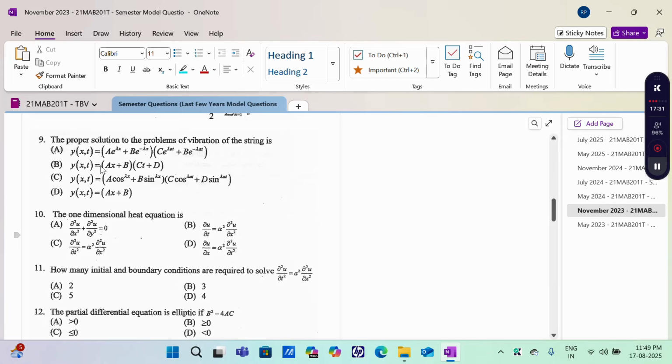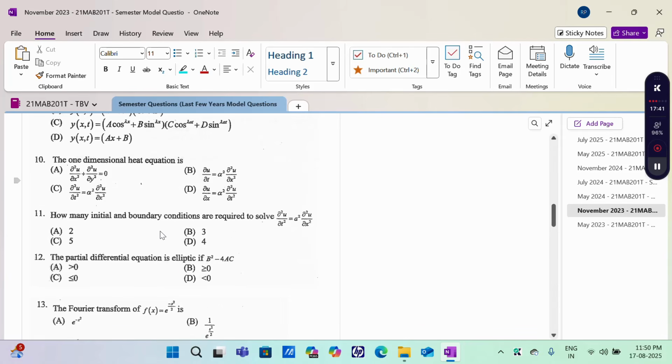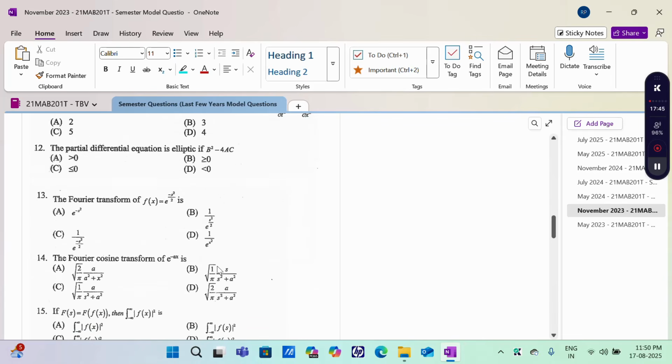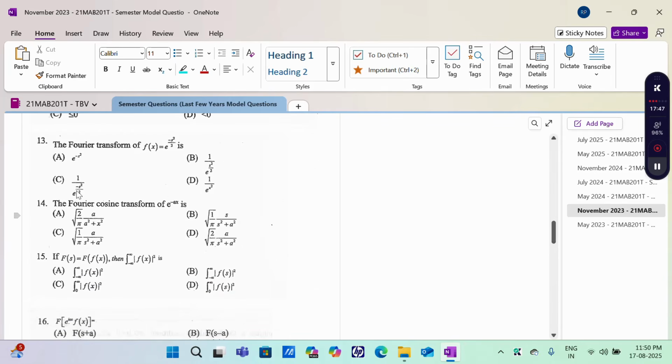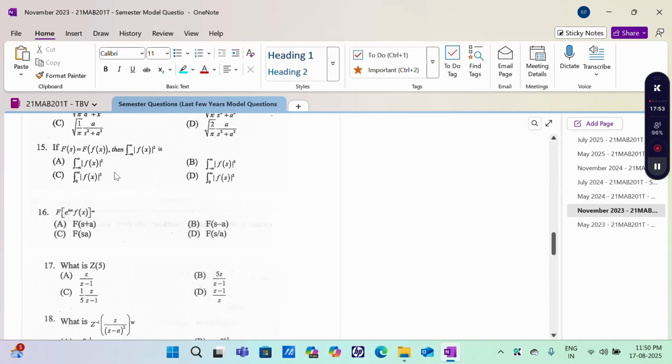Now the string, one dimensional wave equation solution to write, and one dimensional heat equation, so show the equation and boundary condition, how many boundary conditions, and then classification of partial differential equation. 13 to 16 questions are Fourier transform unit 4 and self reciprocal related question, Fourier cosine transform, and then this